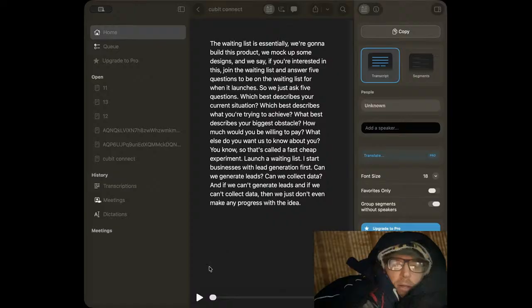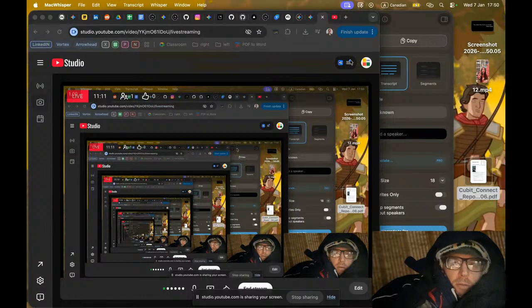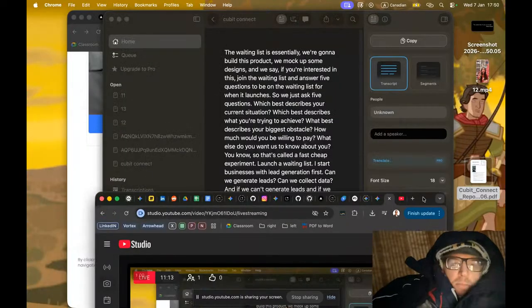Okay, so now I guess I better share my screen. All right, there you go. Okay, so you can see here, I'm saving the Cubit Connect. It's a VTT file. I'm going to click save. It's going into the downloads. Now, as I was mentioning,